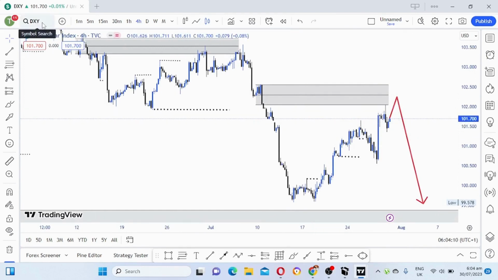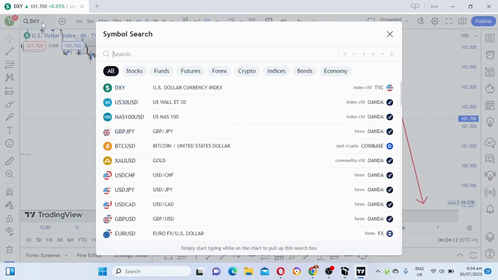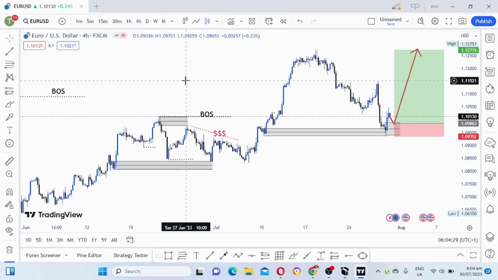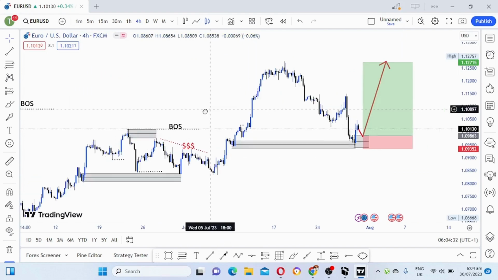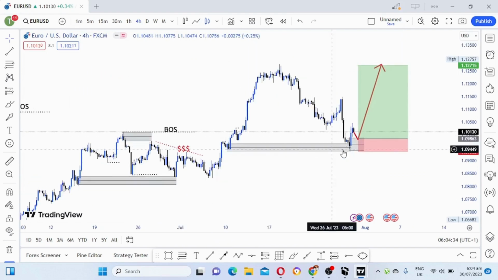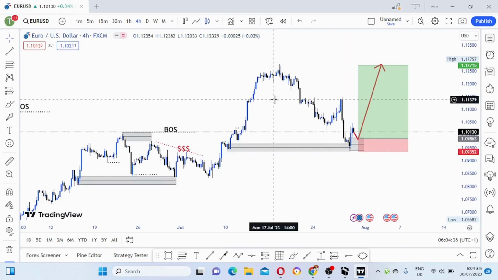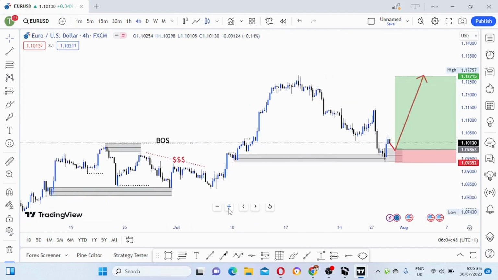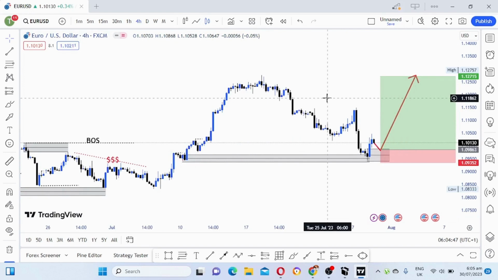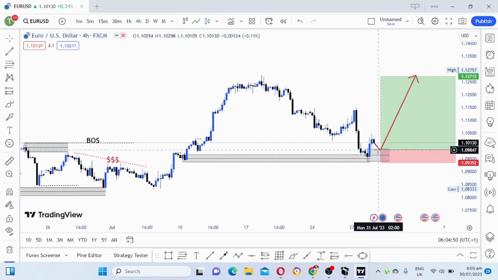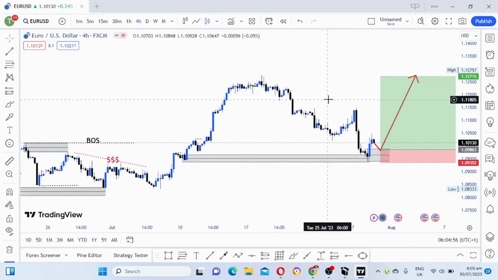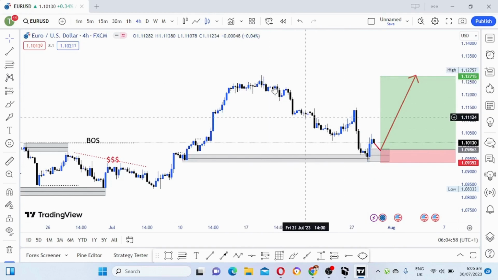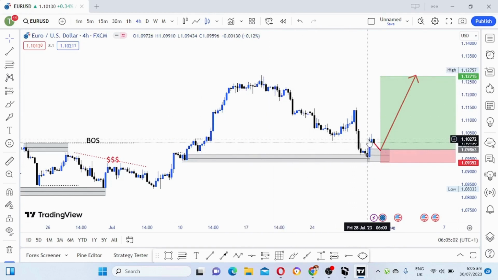So okay, now let's look at Euro USD. Looking at Euro USD, as you can see, we are on H4. We had a break of structure. Price has already tapped into this demand zone. So now we are expecting Euro US dollar to move up. But price has to tap into this demand zone that we drew here, and then we buy. We're targeting this. We are in an uptrend here. We have been in a pullback, which is a downtrend on the lower time frames, but we are now expecting the market to go up.